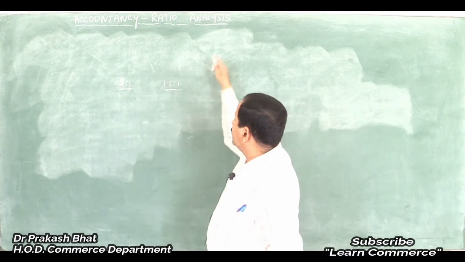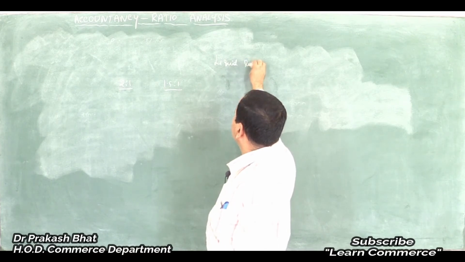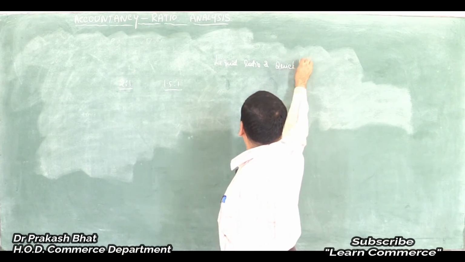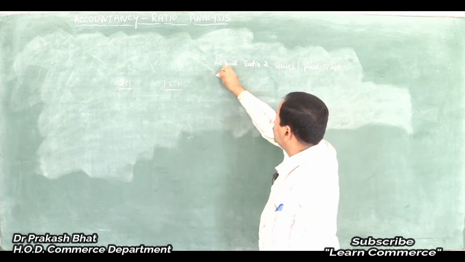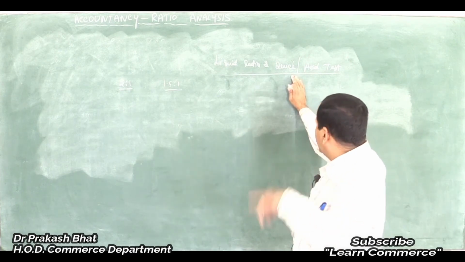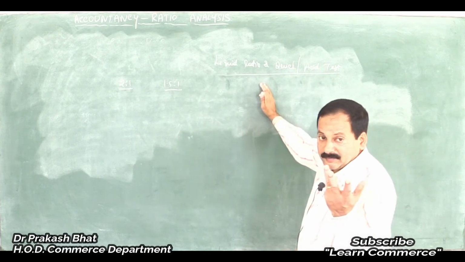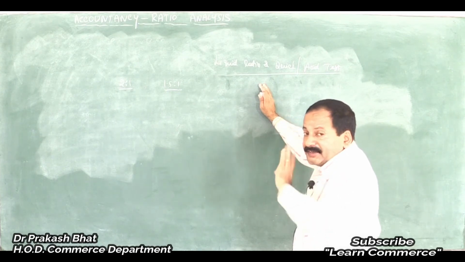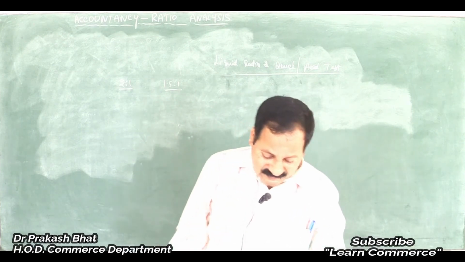Liquid ratio, that is the other name for the acid test ratio. Liquid ratio or quick ratio or acid test ratio. These are the 3 names for this ratio. Remember this. They may ask you to calculate liquid ratio, meaning quick ratio. Calculate quick ratio means acid test ratio, isn't it? Calculate acid test ratio means liquid ratio. They may ask you with any name. Don't get confused in the examination. Clear? Yes. Now let us move on to the second problem.